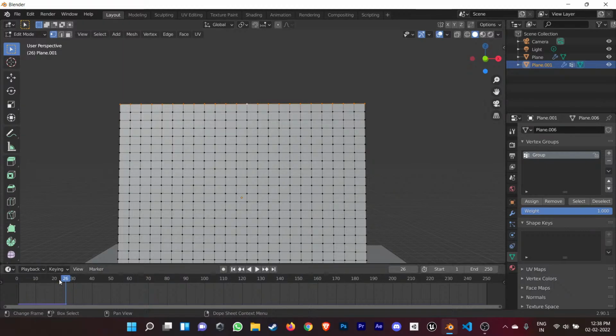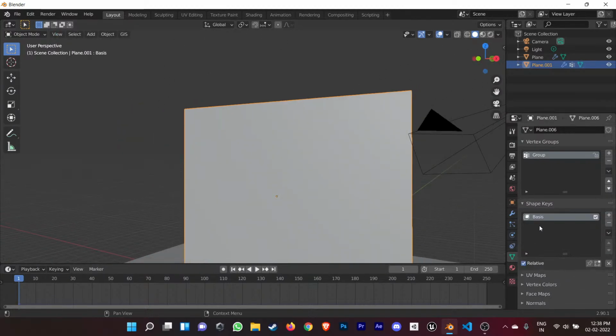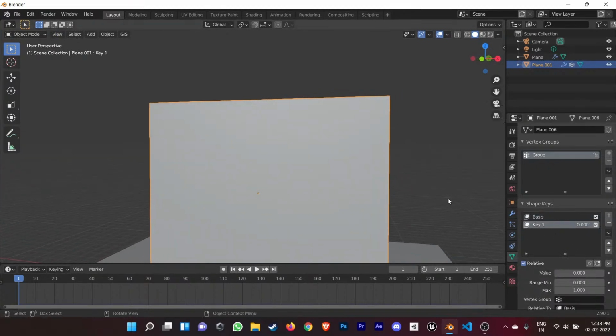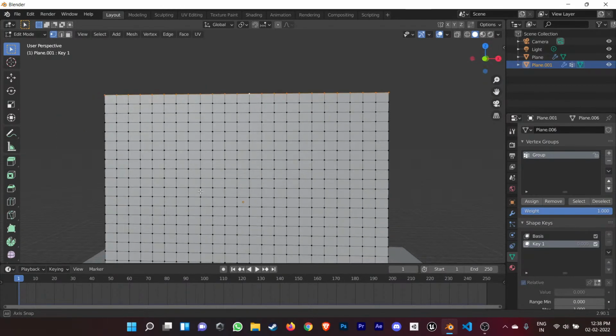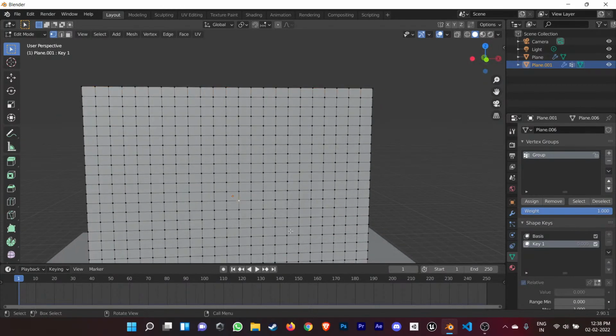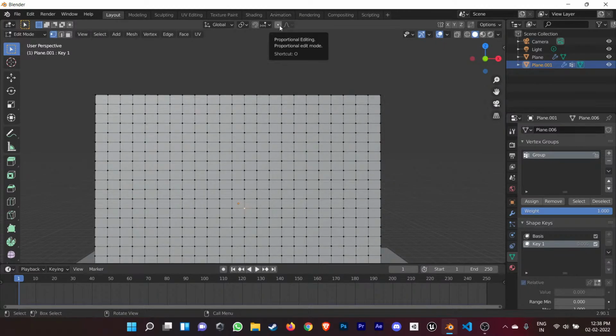So this helps in doing the animation from the scratch. Let me show you what I mean. Like if I add a key, it is a base key. After that, I'm adding one more key, key one. Now going to the edit view mode and taking here and pressing G, and in G also let's just use